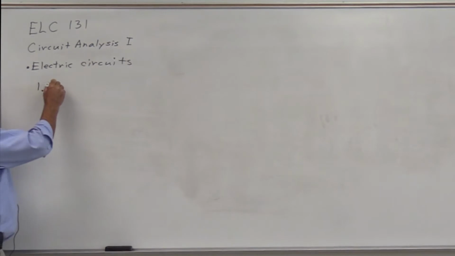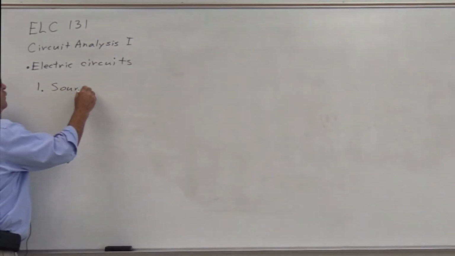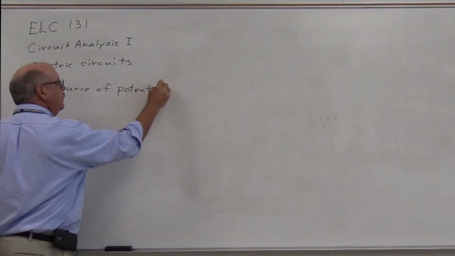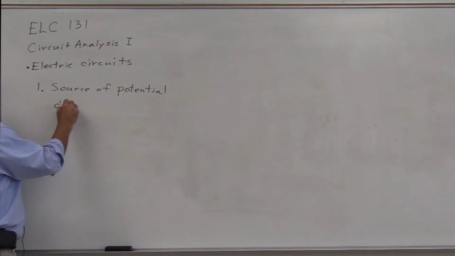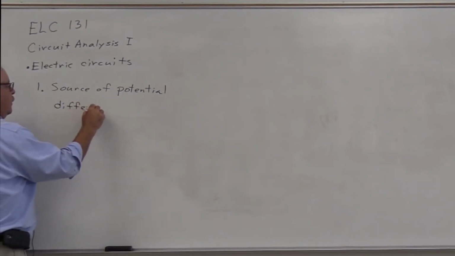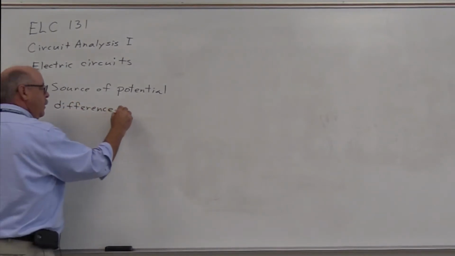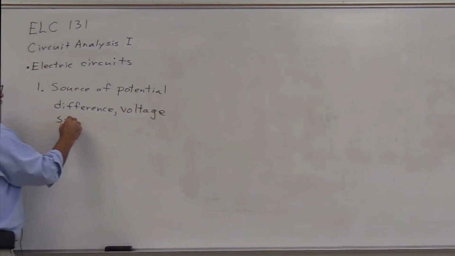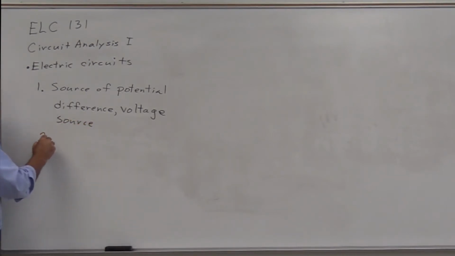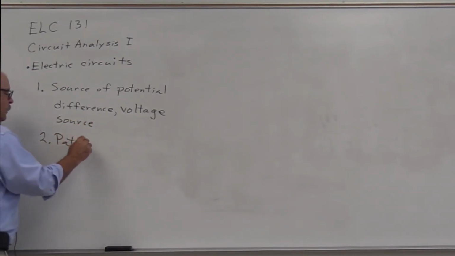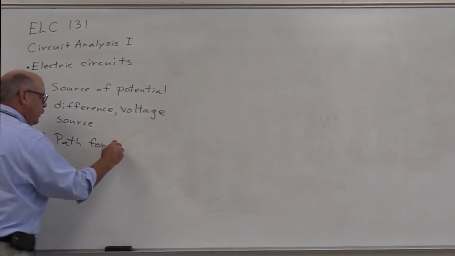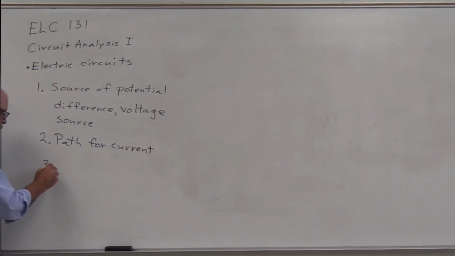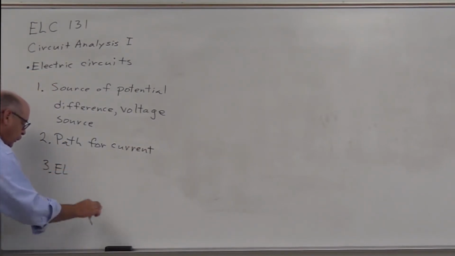things. One is a source of potential difference, or a voltage source. We have to have a path for current, and we also have to have some sort of electrical